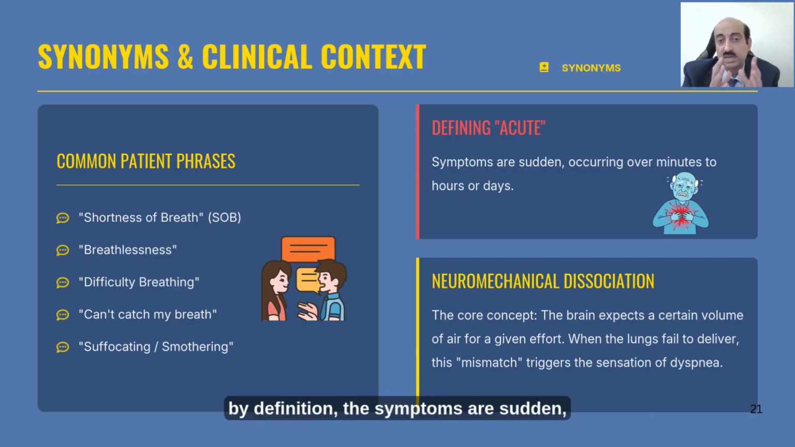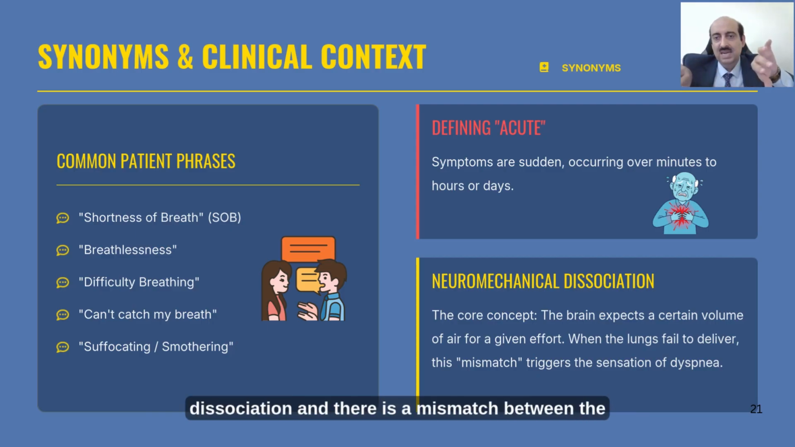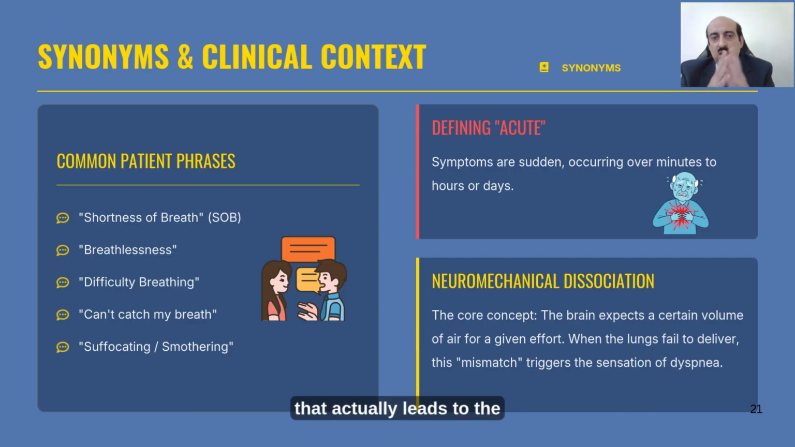So in acute, by definition, the symptoms are sudden. So usually it occurs pretty rapidly from minutes to hours, but maximum just a few days. We are not talking here about weeks to months. That is where it comes to the chronic territory. And the core concept of this acuteness of the dyspnea is basically the neuromechanical dissociation. We'll discuss it later in more slides with a few diagrams as well. So the brain component versus the muscle and the lungs component. Whenever there is a neuromechanical dissociation and there's a mismatch between the two, that actually leads to the symptoms